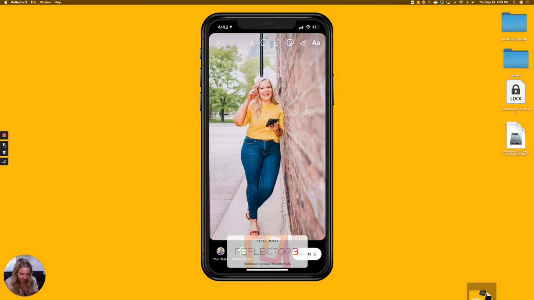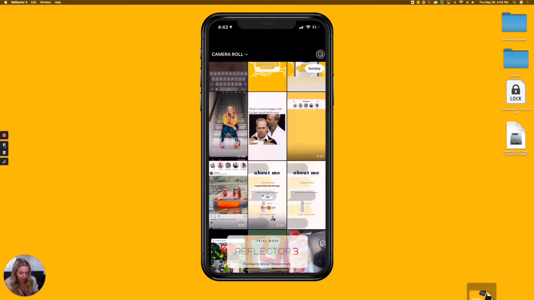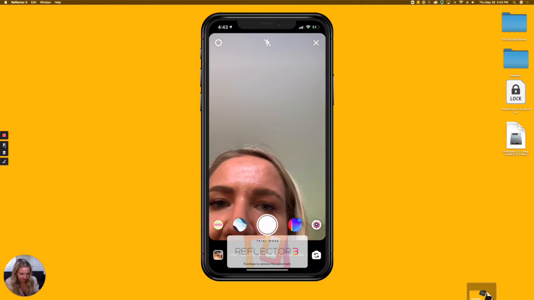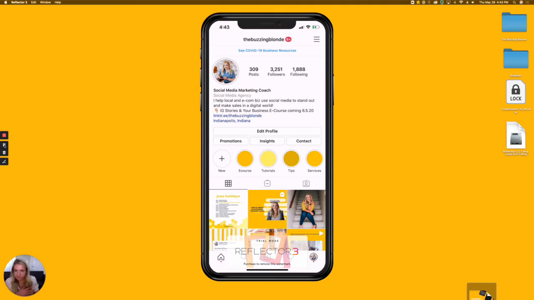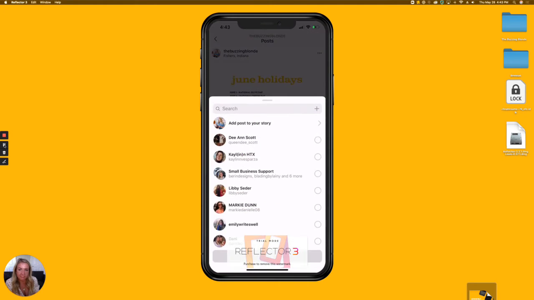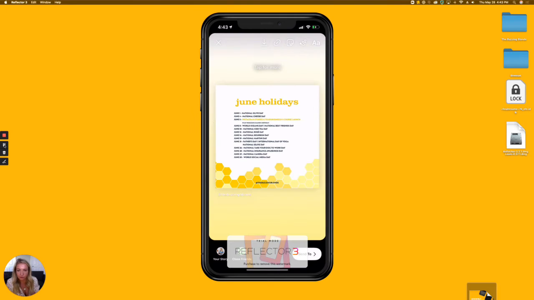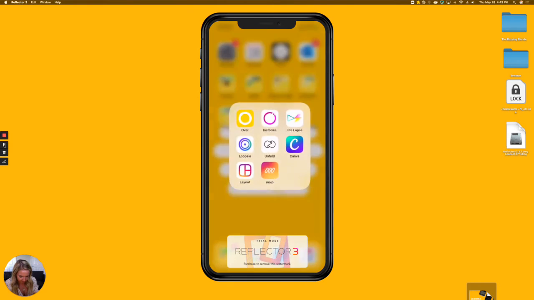Now, how do I create a fun background? Oftentimes when I share a post to my stories, I'll add a fun background, and people are always asking me how I do it. For this, we're going to come into Over,